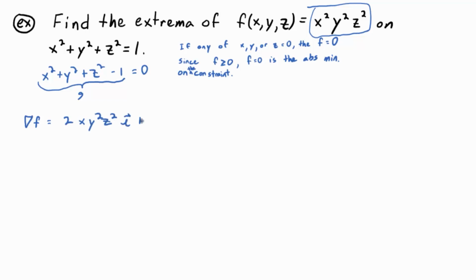Plus 2x squared y z squared j, right? Does everybody see what I did there? Partial derivative of f with respect to y. That goes in front of the j. And then in front of the k,